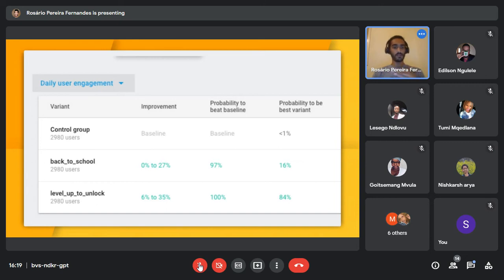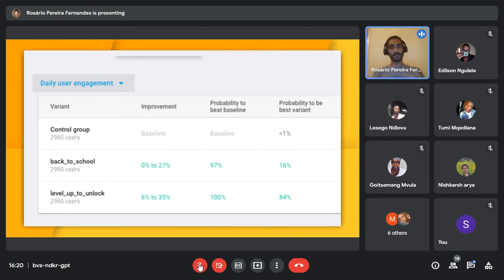So in the end, as you see those results, you can just decide from there. I would probably go with level up. It seems like it has the best probability to win of all of them. So I'll probably go with that. And this is basically what A/B testing is. You run an experiment, you get the results, and then based on those results, you can choose how you want to go forward with your app, like which color you want for your button going forward, which label you want for it, and things like that.